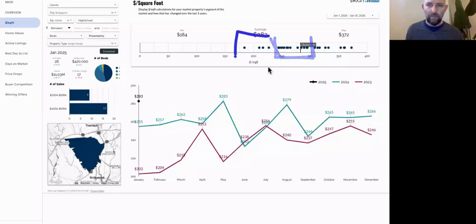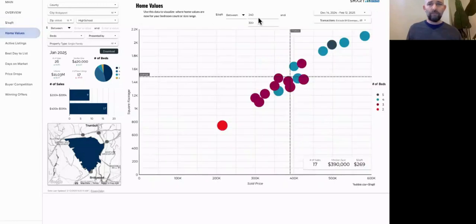Obviously the fixer-uppers are going to be down here, and the super luxury properties are going to be up here. I would suggest that somewhere in this $250 to $300 range is probably a really good range to look at for our property. And so I'm going to take this number and go to the next